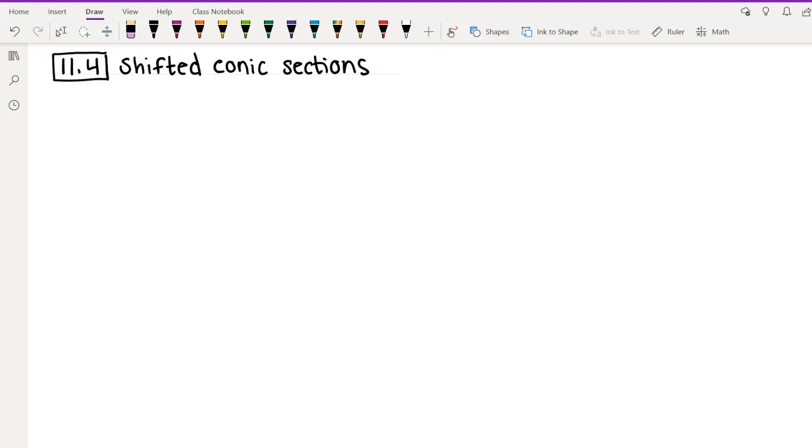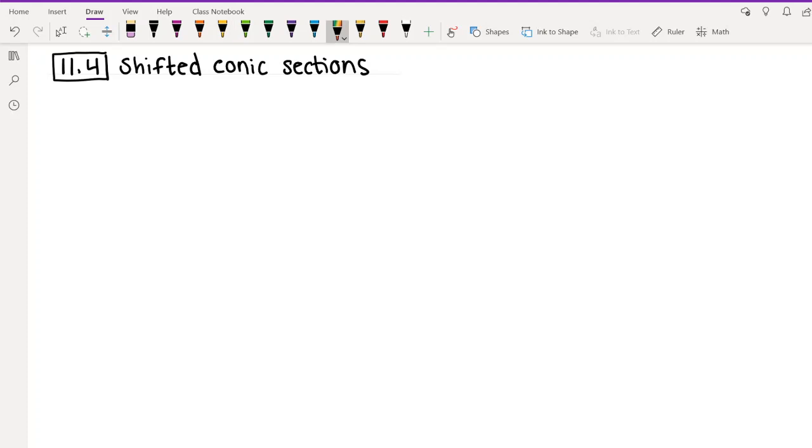So far, in each video, it's been like, okay, now we're going to graph ellipses. Now we're going to graph hyperbolas. Now we're going to graph parabolas. So today it's going to be a little bit more like, here's an equation. You have to figure out what kind of a shape that is and use that to figure out how to graph it. So with that in mind, I just want to summarize before we get into shifting them,